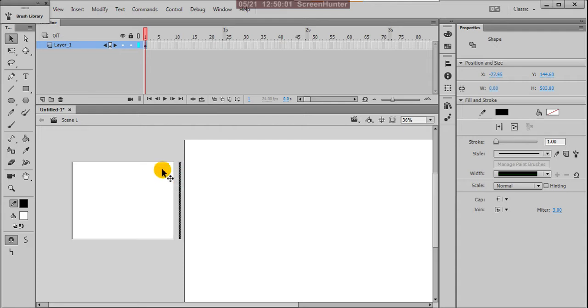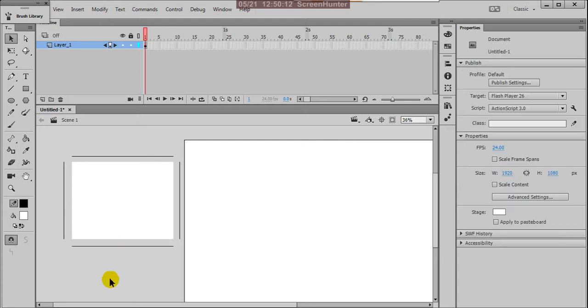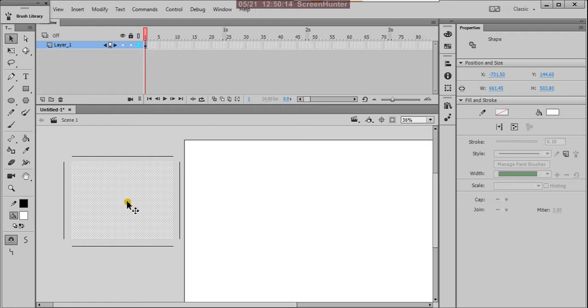I can select this and separate it. It is not included in your fill area. See, we separated it, and now you can move this anywhere on the stage. First of all, I'll change the color, because white on white is not visible.